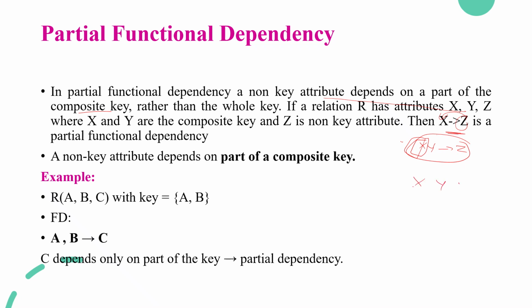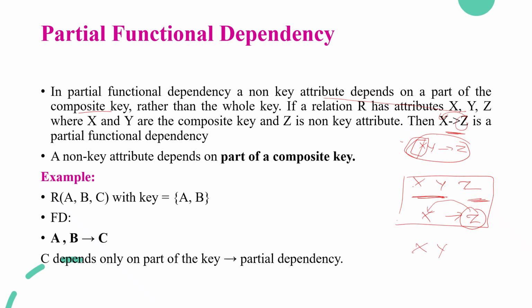So X, Y and Z are the attributes, and XY is the composite key and Z is a non-key attribute. So here if I say X determines Z, it means Z depends only on X, not on both X and Y, whereas this is your partial functional dependency,